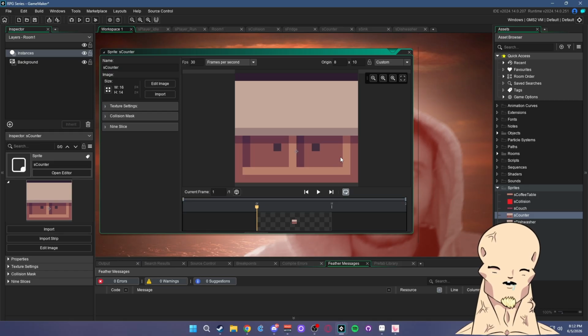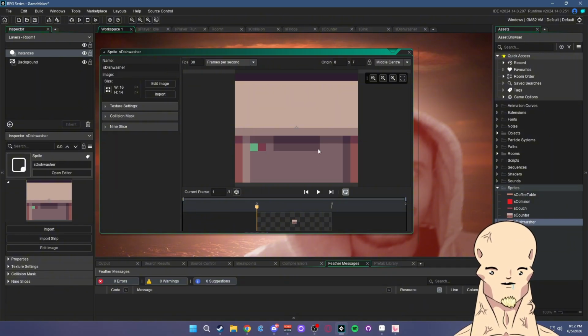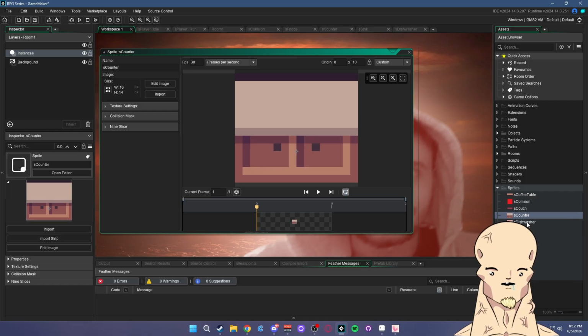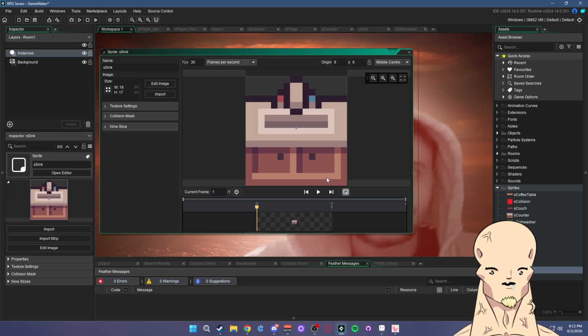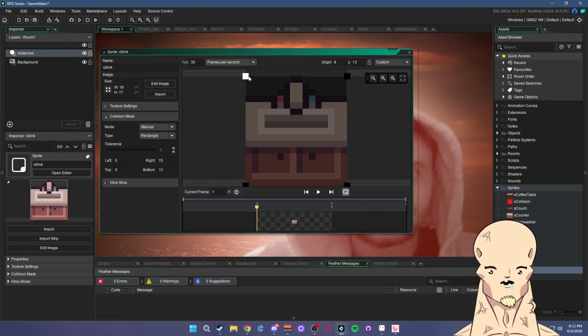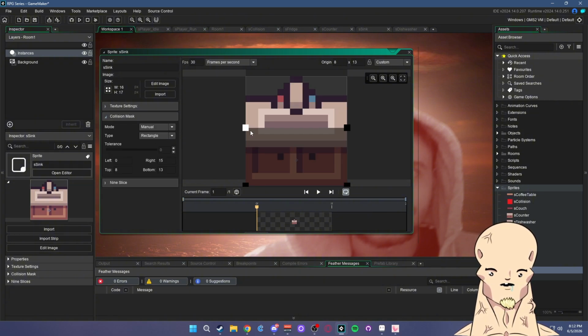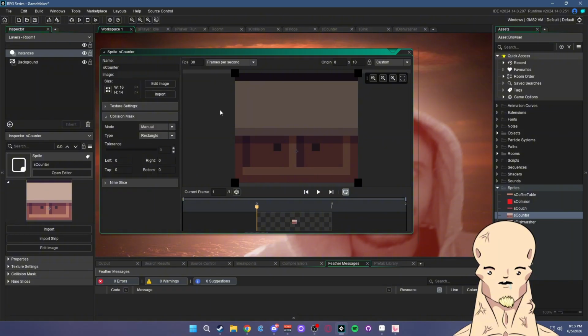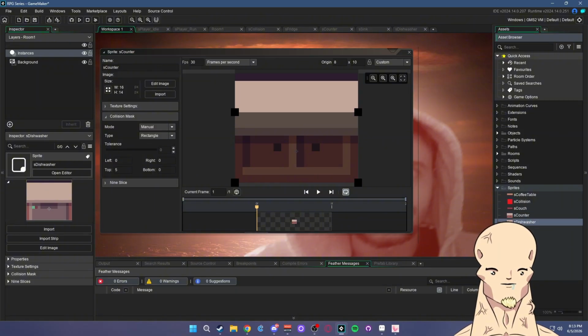Now I have these imported. Make sure you put the origin of your sprites exactly where you want them to be centered with the floor, or at least what you think the floor is. In my case, I'm putting it about right here, and then make sure you set your collision mask to about what you want it to be, which I'm doing 2 above this. So I'm going to go ahead and just do this with these really quick,